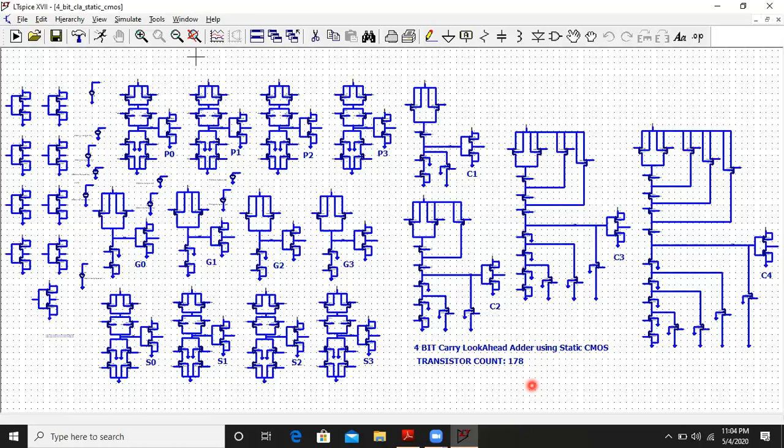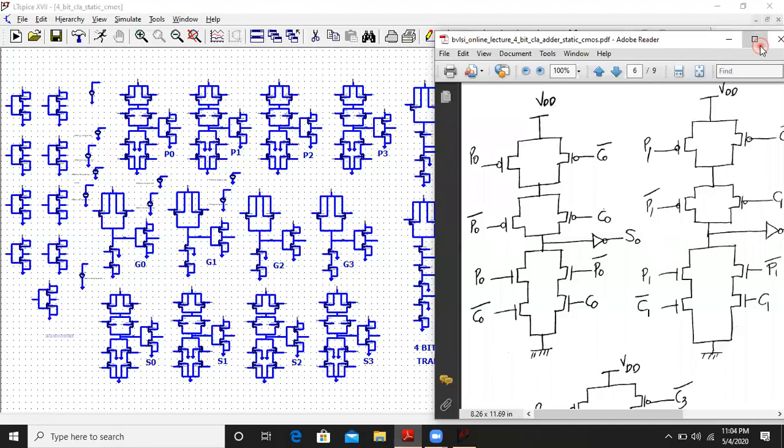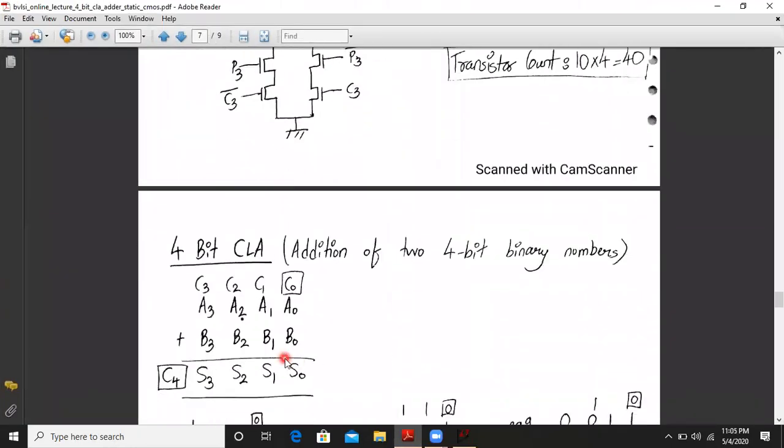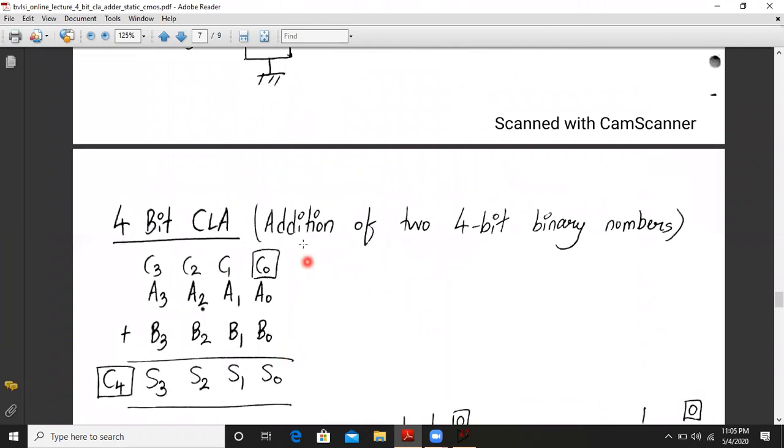Now we are ready to simulate this circuit in LT-Spice. So let us start. Before going into it, we will see shortly what the expectation from the LT-Spice results is. Basically we are looking for the addition of two 4-bit binary numbers.